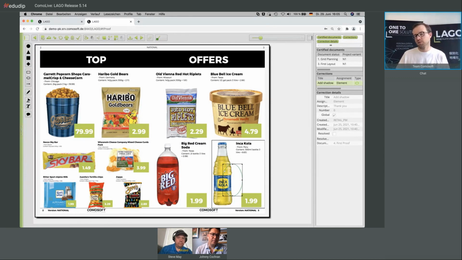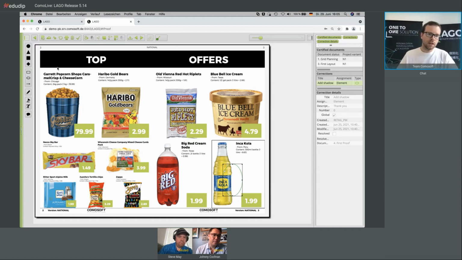Or second, no one really had a look at it. Usually, of course, in your workflows, it means that there is no correction mark, there's nothing that needs to be done for those elements. But there isn't really a direct way of telling the system, I as a product manager, I as a category manager, I as a buyer, I have looked at my element, I had a look at my product, and it's okay. At the moment, it's completely indirect, by looking at the element and seeing that there are no open element correction